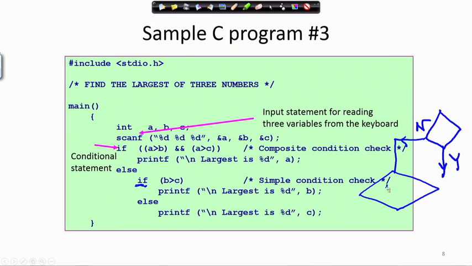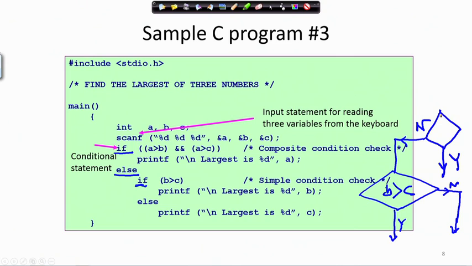What am I checking? Is B greater than C? Yes. If yes, then I am printing the largest number is B. Otherwise, if it is no, then I am printing the largest number is C. So, we are encountering some new words, if and else.